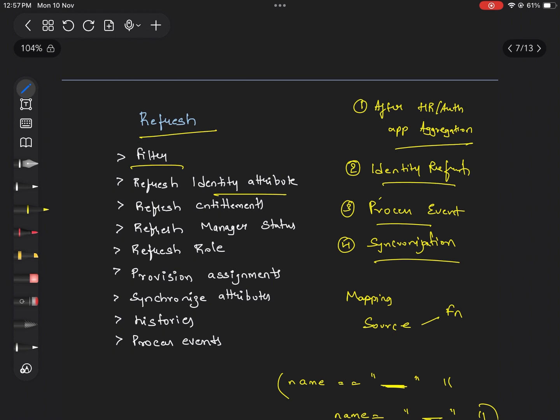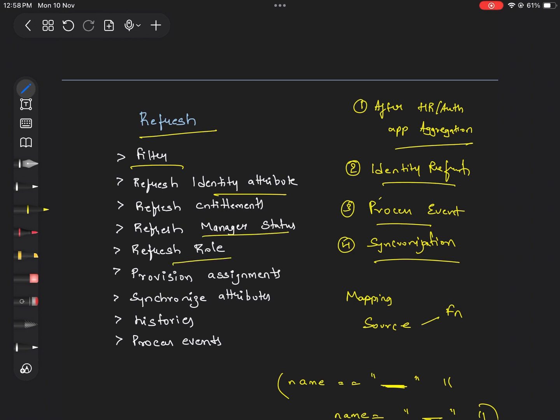Then we have refresh entitlements. IAQ's users' entitlements will be refreshed, and again we have roles as well, like refresh assigned, detected roles and promote additional entitlements. That is based on identity attributes, however you have configured birthright roles, right? Let's say if you want to assign some roles based on the user's person type or department or city location and all, so using this option,